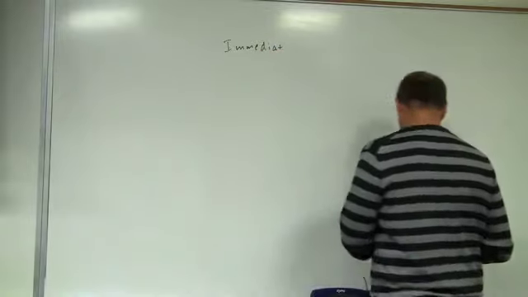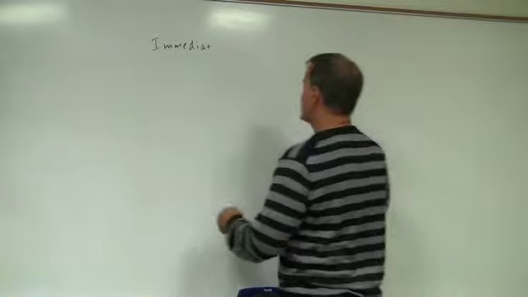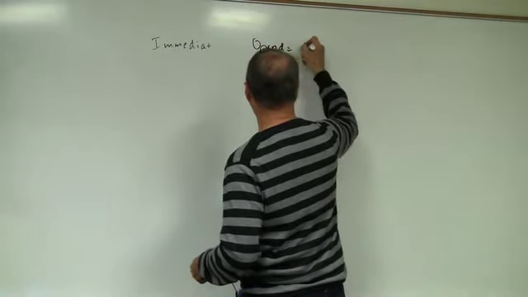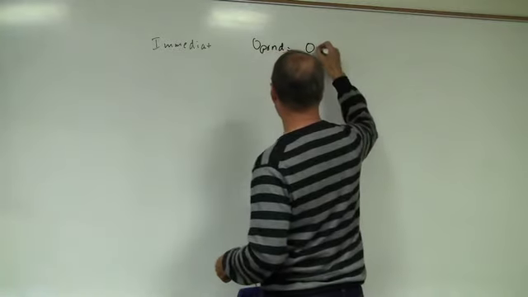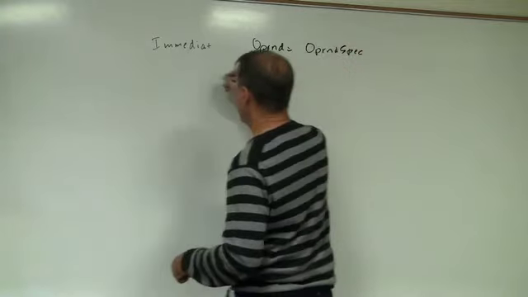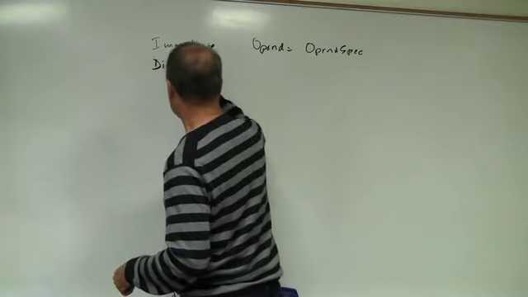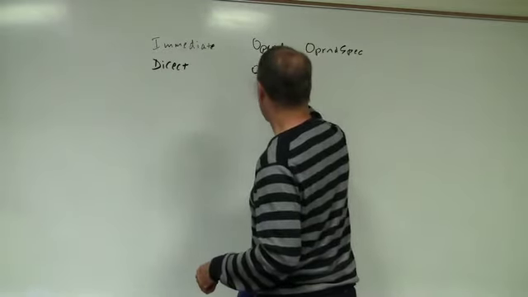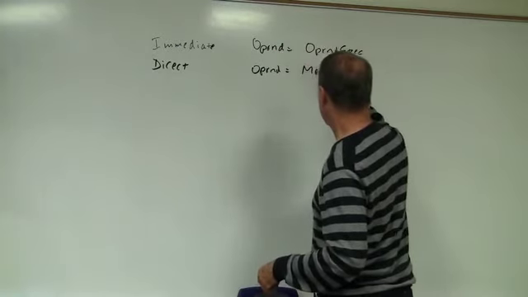So what was immediate? That's the first one. Yeah, but what is it? It's the operand. The operand equals the what? No, immediate. The operand is the what? Is the operand specifier. And then we said, that was immediate. And then direct. Now how did direct work? It's the operand is what? The mem of